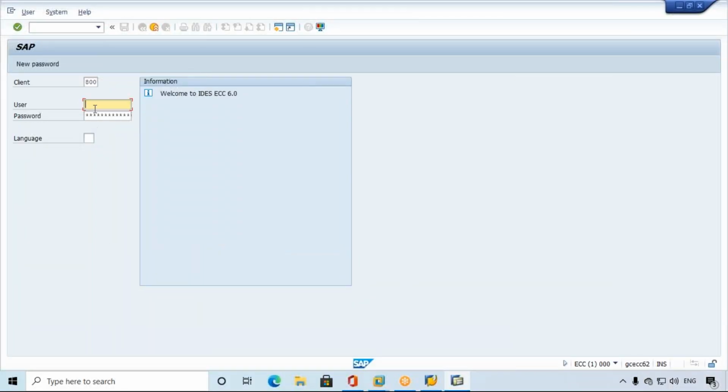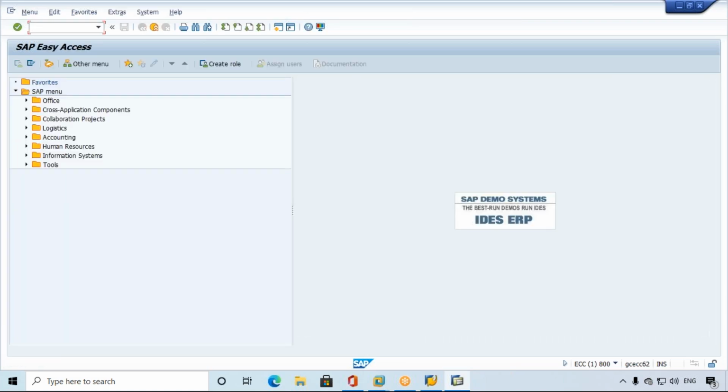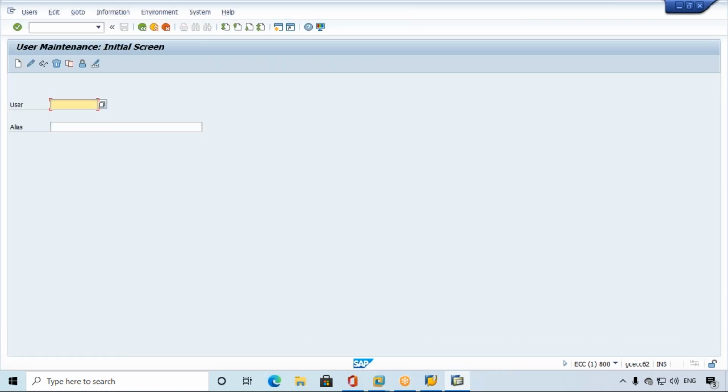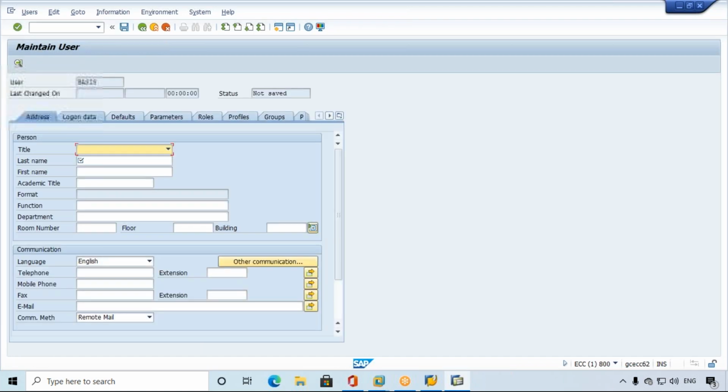For example, if you want to log into 800, my regular user ID is what I normally use, but for some activities we should not use our own user ID. We should use the super user ID, so I'm going to create that one. This is the super user ID in my organization.